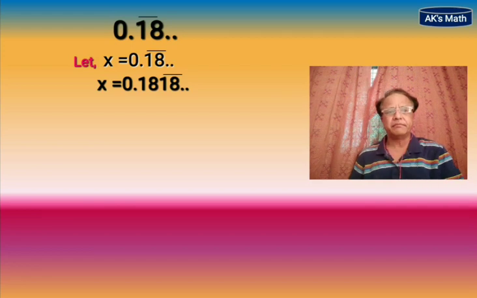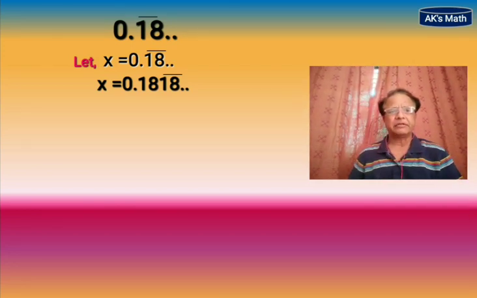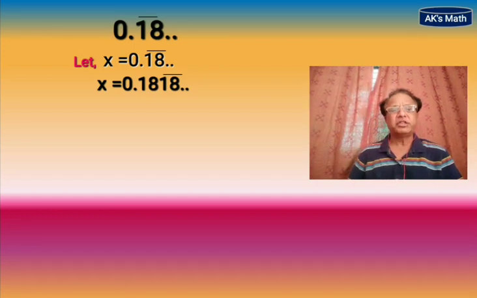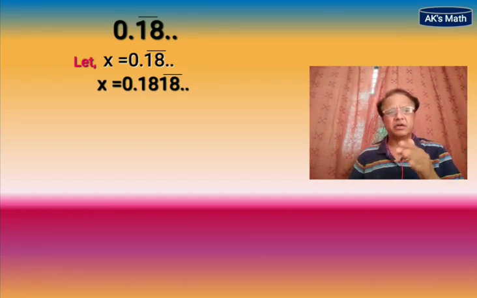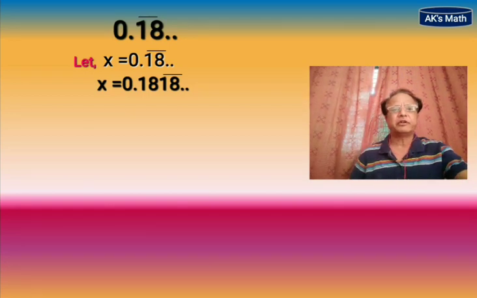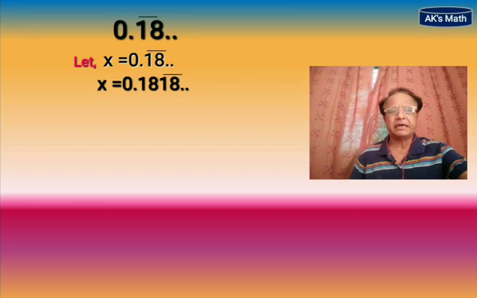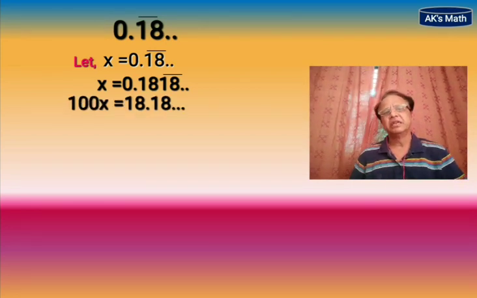अगर एक ही नंबर बार बार आ रहा तो 10 से मल्टीप्लाई करो. 2 नंबर अगर बार बार आ रहे तो 100 से मल्टीप्लाई करो. 3 नंबर अगर कंटिन्यू आ रहे तो 1000 से मल्टीप्लाई करो. This is a very easy technique, very easy trick for this one. Now after multiplying this third line by 100, then it happens like this.